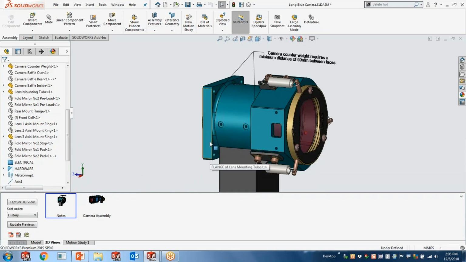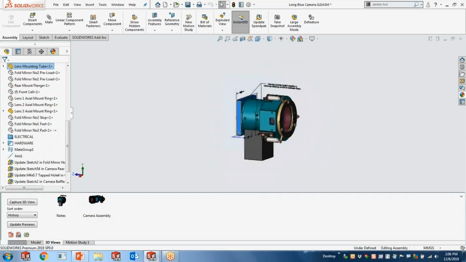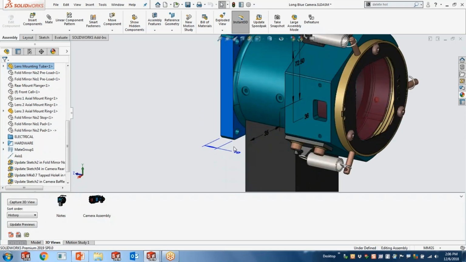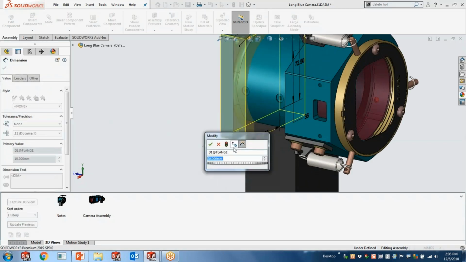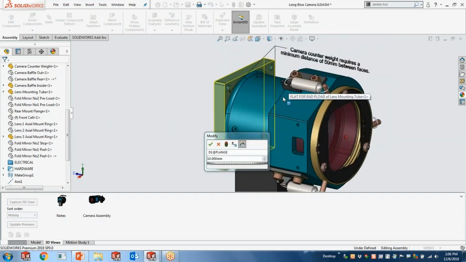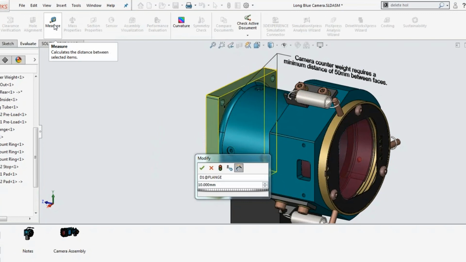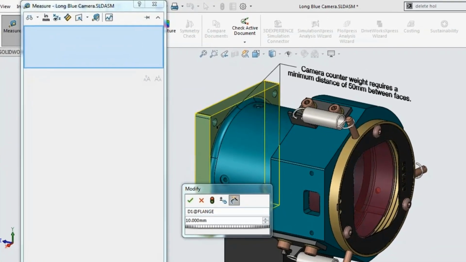We'll see there's a note that needs to be 50 millimeters between those two faces. So we're going to modify this dimension here, which is going to be on this particular part. So we're going to change this to be the proper length. But sometimes when you're working in a dimension and you need to take measurements of the existing geometry, in previous years you've had to go into your dialog box and then exit out of it so that you get access to the measure tool. Well, now you can use the measure tool while still in a feature manager, property manager,